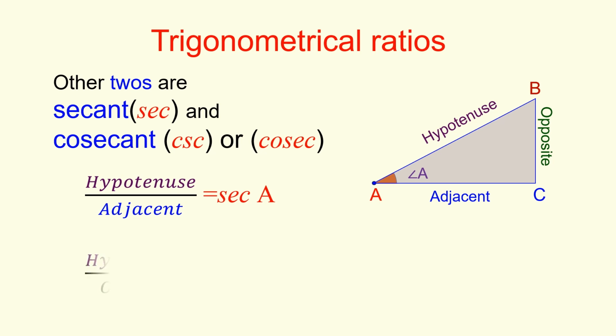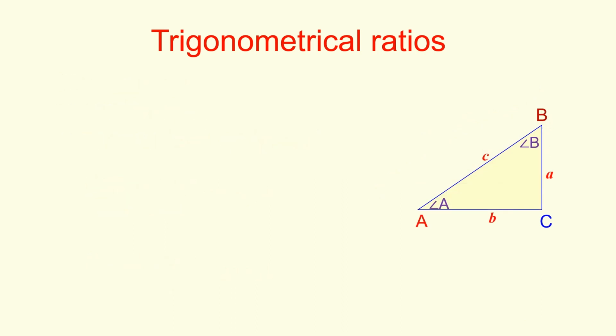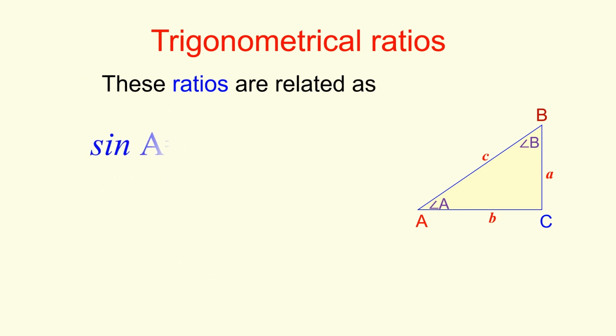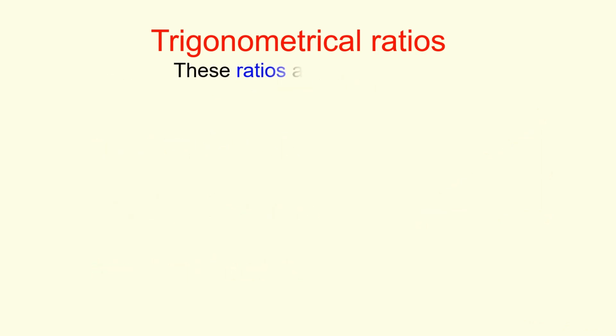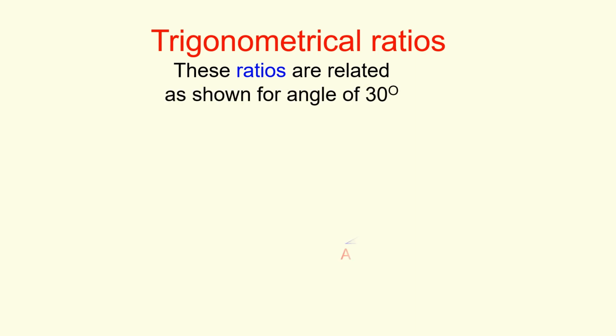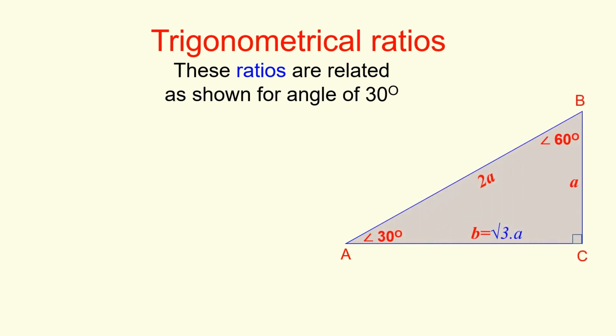Hypotenuse divided by adjacent equals sec A, hypotenuse divided by opposite equals cosec A. These ratios are related as sine A equals 1 by cosec A, cos A equals 1 by sec A, tan A equals 1 by cot A. Also note here, for 30 degrees,